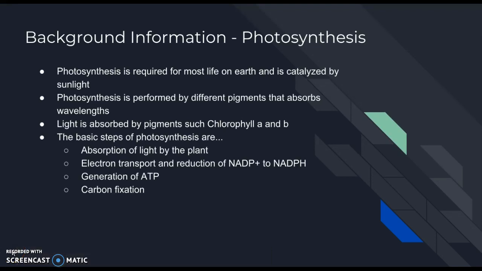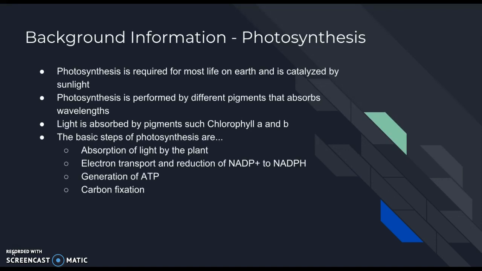It may not be required directly, as it is for many plants and organisms that perform photosynthesis, but it's also the source of gaseous oxygen, and it helps get carbon dioxide out of the atmosphere so that organisms like humans can breathe. Photosynthesis is performed by different pigments that absorb wavelengths, and some examples of the pigments are chlorophyll